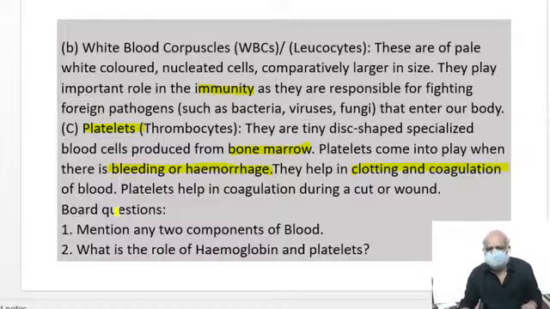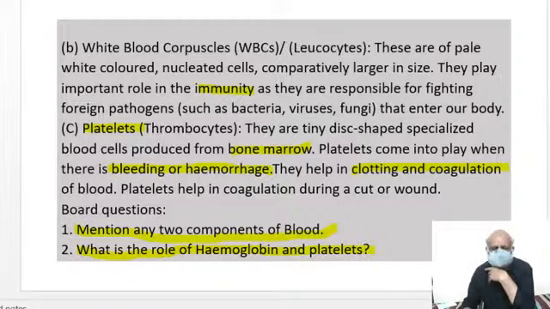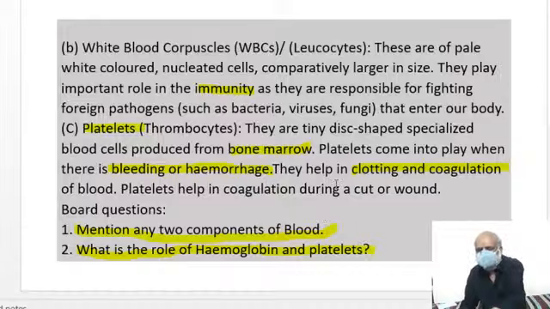I can ask you two questions here. Mention any two components of the blood. What is the role of the hemoglobin and platelet? These are the components of blood, and we already know about the